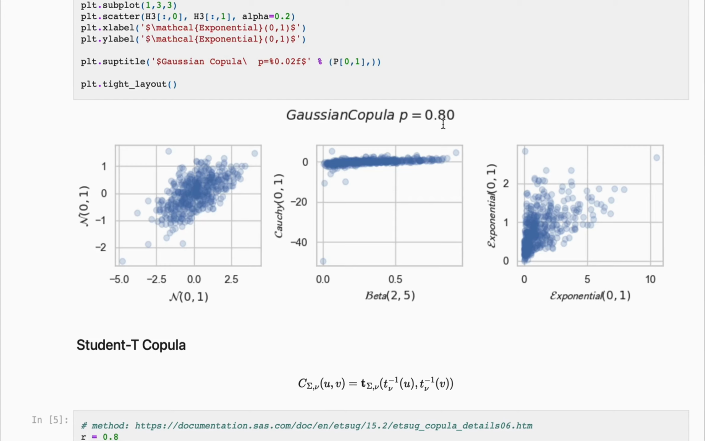Whereas if you didn't add any dependence, those two marginal distributions would be independent of each other, but real world data often has some dependent structure associated with it. And so what the copula is doing is it's combining these marginal distributions into a joint distribution. Now,